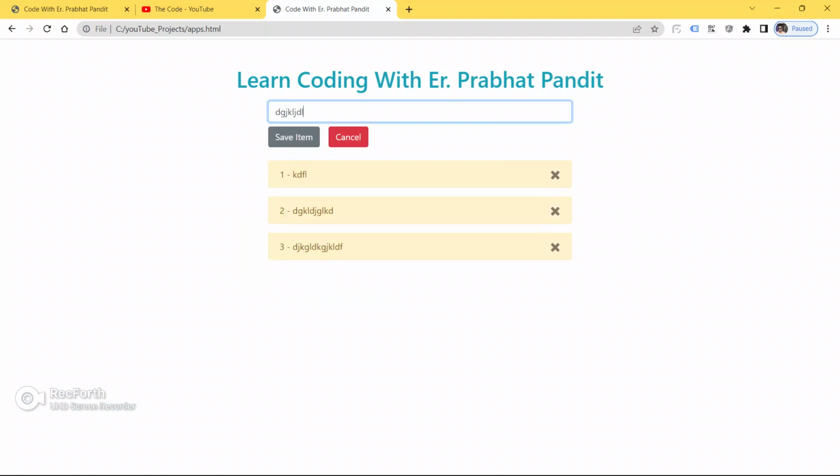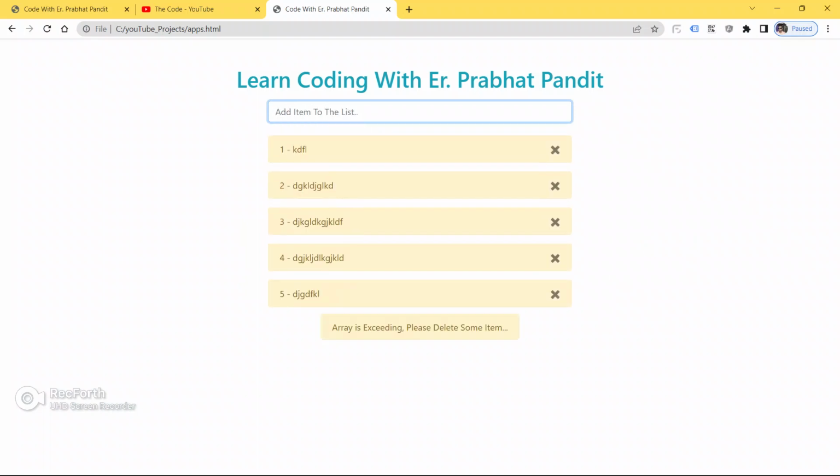It is checking, guys, if item dot id, what id, guys? This id.